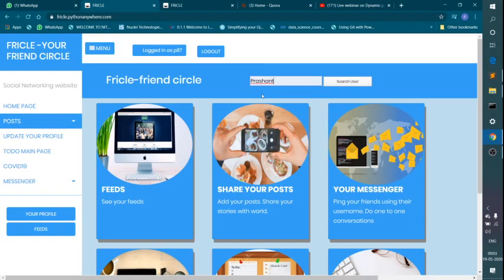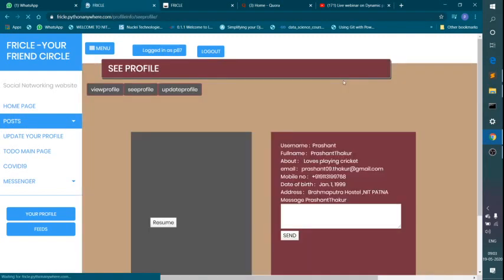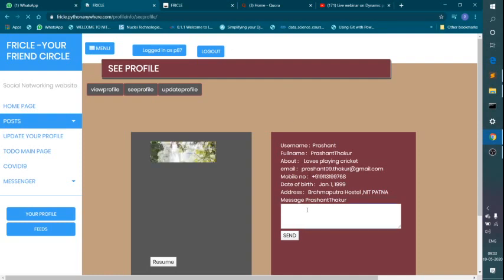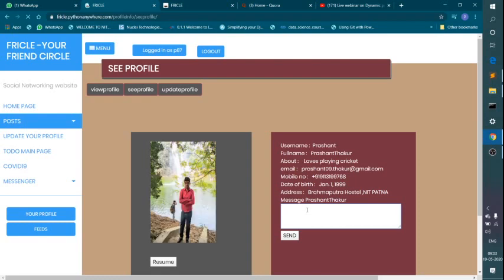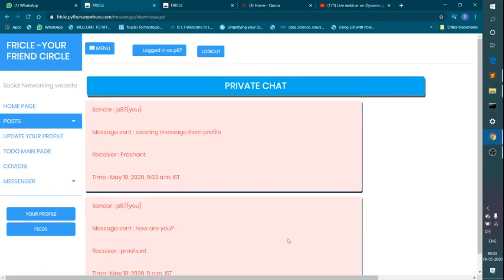Since Prasant has filled his profile, I can see his profile, showing his image and his personal details, and I can also send a message through the message option provided in his profile, like sending a message from the profile. I can click on send, and this particular message will also be sent to Prasant.